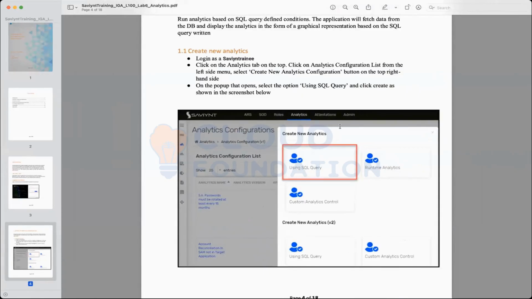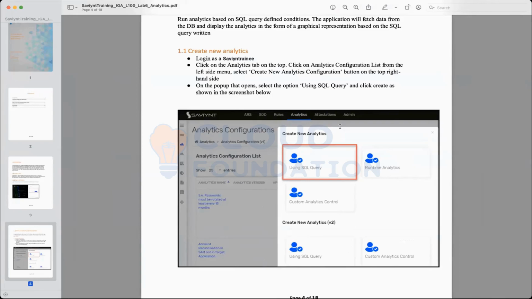There are two types of analytics. To be frank, one is the normal analytics, where I'm just fetching reports. There is an advanced version of analytics where we can also perform actions. To give you an example, I generate a report of all the users who don't have a manager assigned to them.